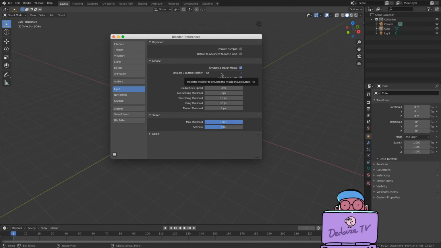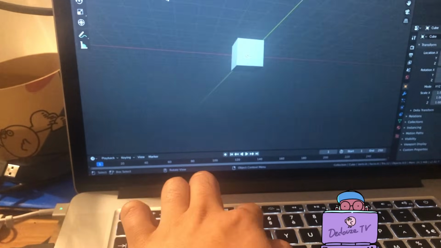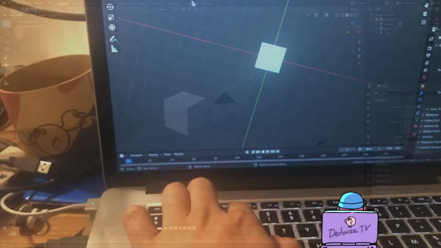Those of you that are familiar with modeling in Blender know that the Alt key is needed for the loop selection, so if you activate this option here, you'll have to edit your shortcut for the loop selection tool. In my case, I'll also activate the Emulate Numpad option, because I use a laptop and I don't have a numeric keyboard on the right. The numpad buttons are used as shortcuts to change the point of view quickly in the 3D viewport, and if you don't have that, you just need to click here on Emulate Numpad, so you can use the top buttons on your laptop as shortcuts.